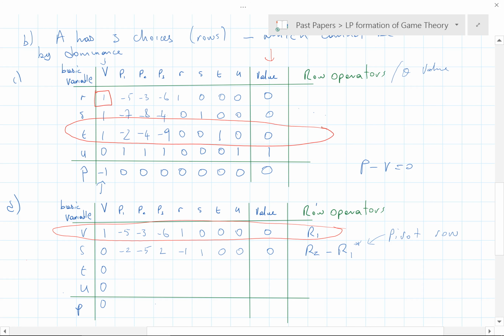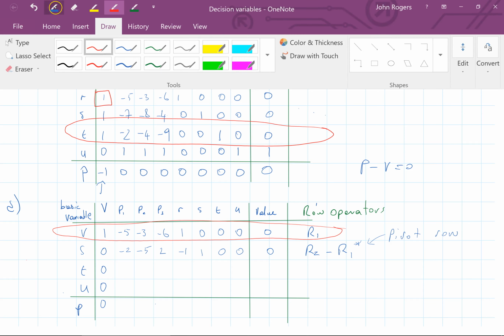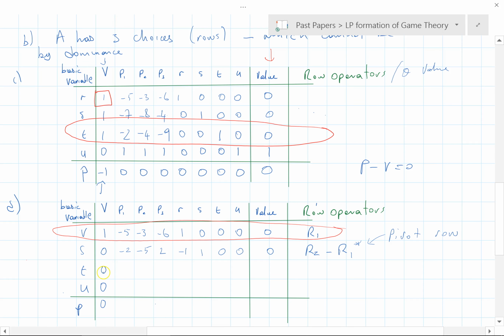Now I want to reduce it to 0 here, and they're both 1s in our original R3, and our pivot row is 1. So we're just going to take one lot of the pivot row away. So that's R3 take away R1, which is our pivot row. So it's the same thing. So we're going to do